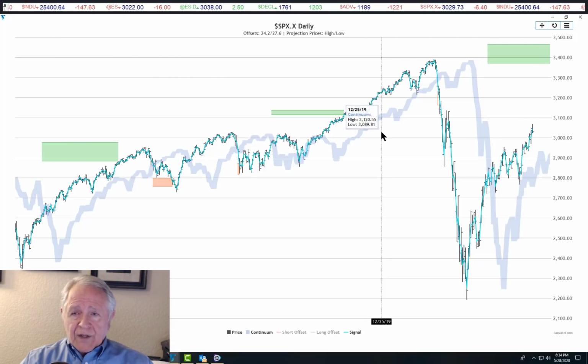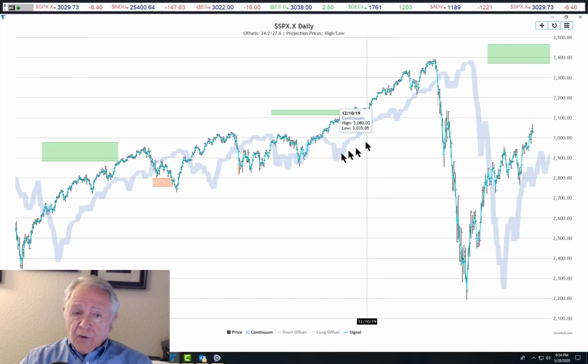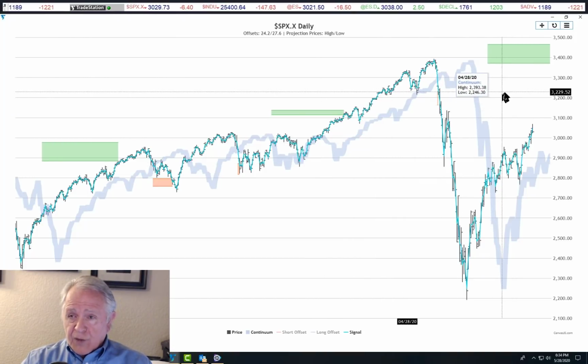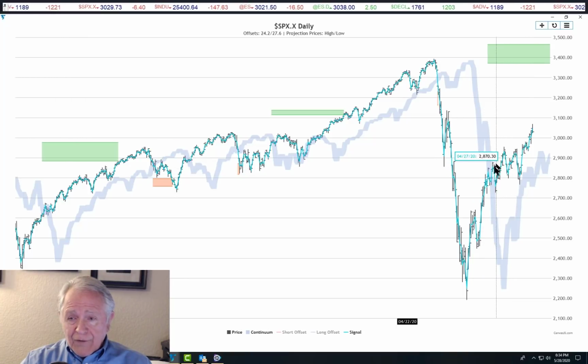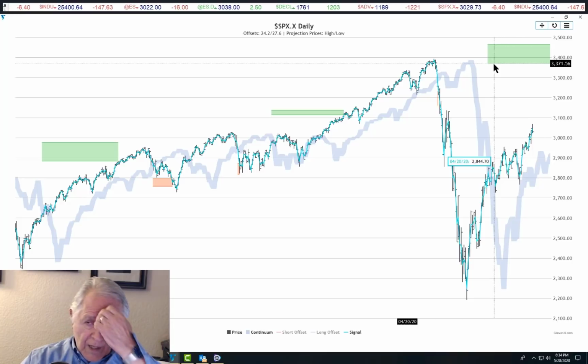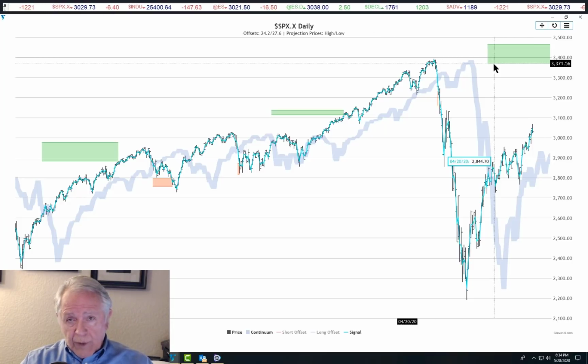So let's take a look at some of the things that have occurred here. First of all, I want to call your attention to the latest one, obviously, and that is a projection up to between 2485.12 and 2606.27. That's on the S&P cash, and that is brought about by the move above the continuum here. That's figuring out where it crossed at the highest and where it crossed at the lowest point. That gives you the projection. So it is a nominal 10-week projection because they're 5-week offsets.